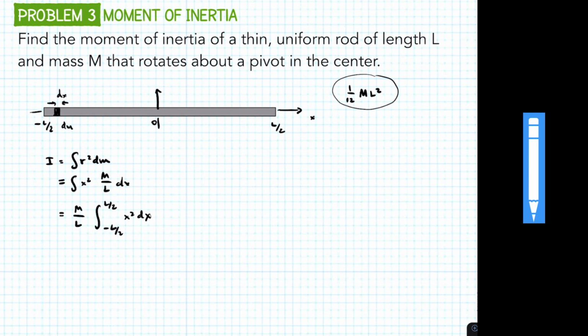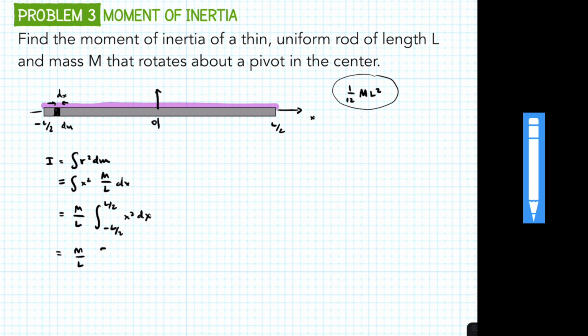Remember, what we're doing is we're still doing an integration from here to here. So that means for each of these little pieces, you'll have this, and it's going to have a distance of like negative L over 2, and then it goes to another piece over here, and that's going to have a shorter distance, and then here you're going to have almost 0, and then you keep adding up pieces till you get over here. So you're integrating across this whole thing. Very messy, okay? But the integral looks essentially the same as before,